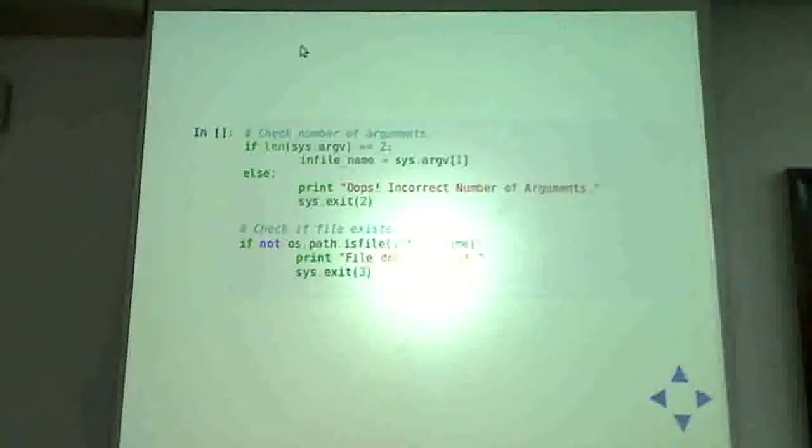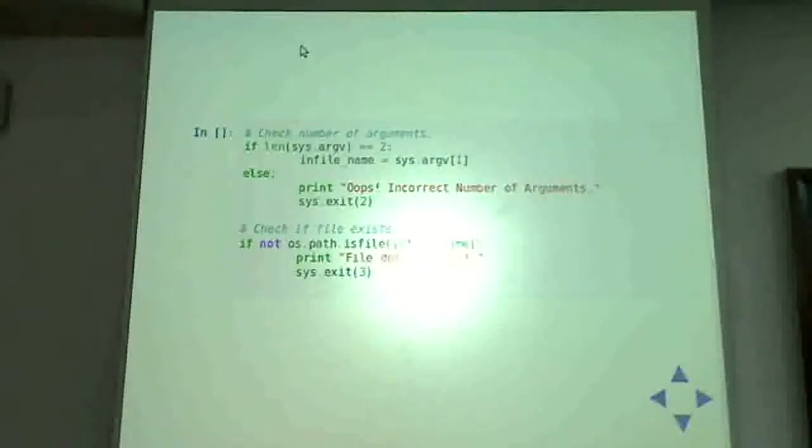Technically they are called exit codes. So every program upon completion will throw out an exit code, which will be 0 if the program has executed successfully, and which will be non-zero if the program has run into some error.